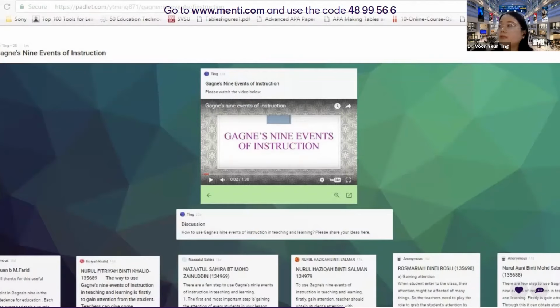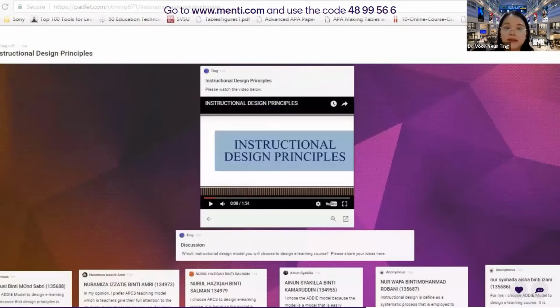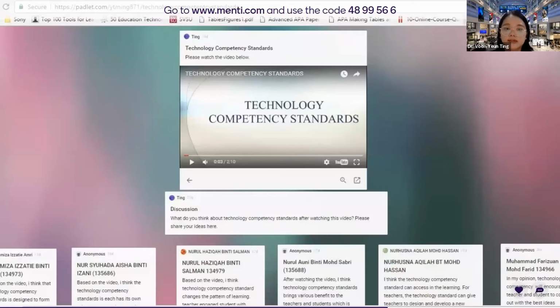And after that, because the flipped classroom is different from the traditional classroom, when they come to the class, we will do more higher order thinking activities with them. Maybe they have to do some role play, presentation, or debate about the topic. Okay, so now this is some example, and this is some of the slides for the students, the tasks for them.